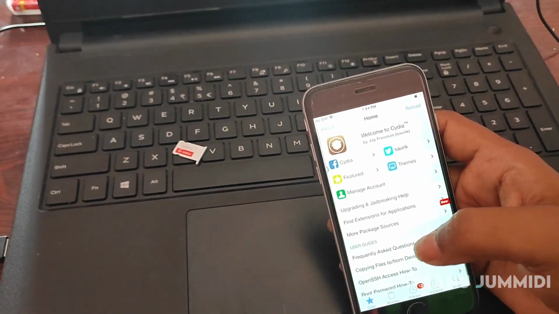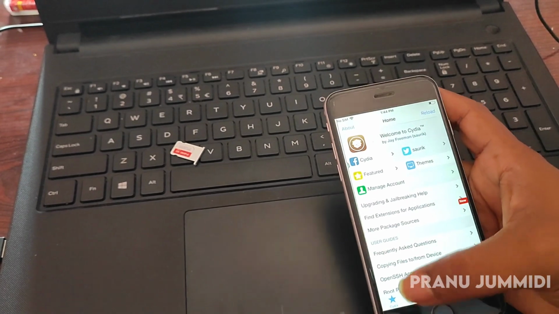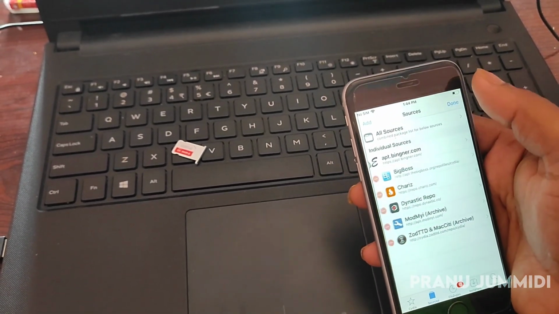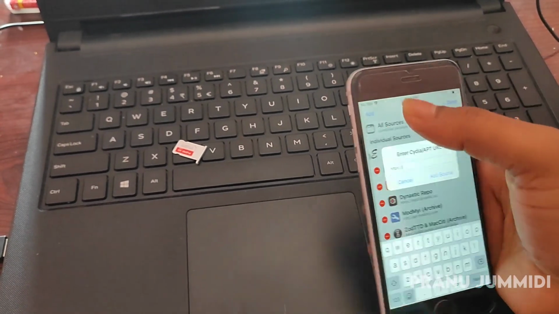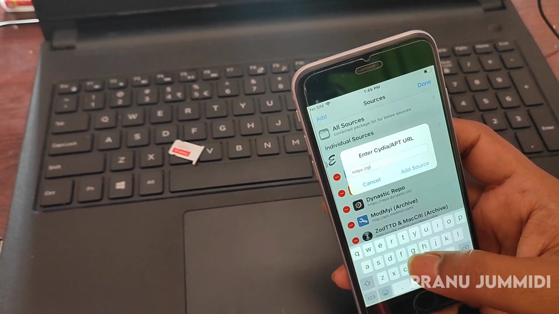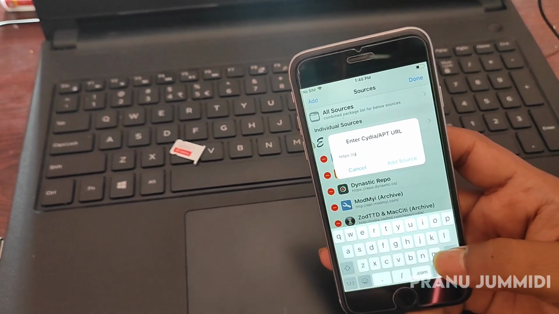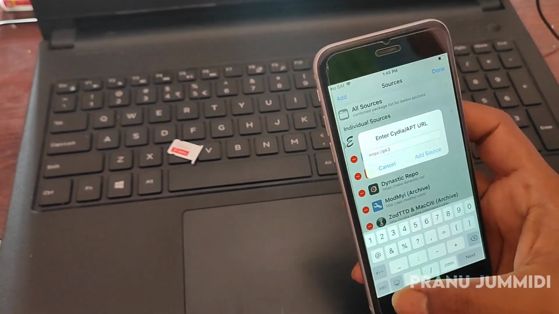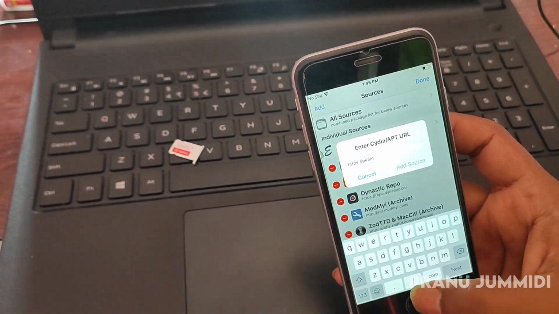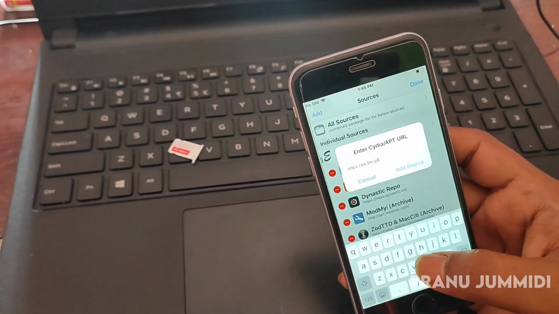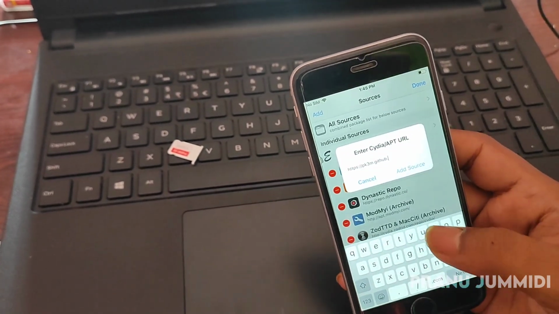After opening Cydia, click on Sources. Next, choose the Edit option. After that, click Add and enter the link that is provided in this video, pk3m.github.io. After entering this link, click on the Add Source button.